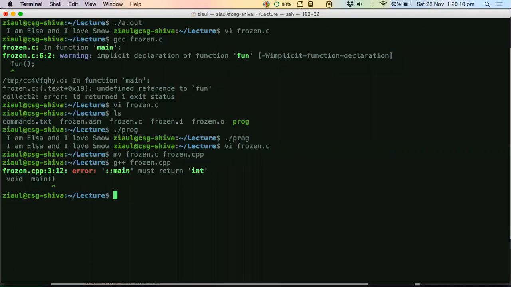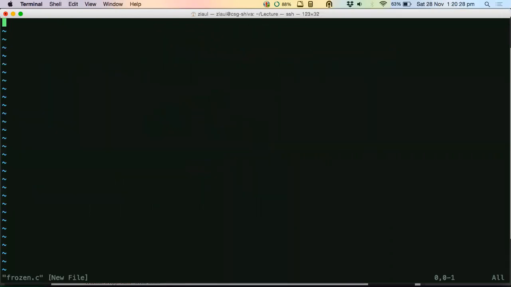Sir, in some compilers, it only accepts return 0. Why is this necessary? Return 0 might be the correct code for a clean execution. So if you return any other integer, it won't work. I think it should not be that case. I mean, I don't know where you have seen this.